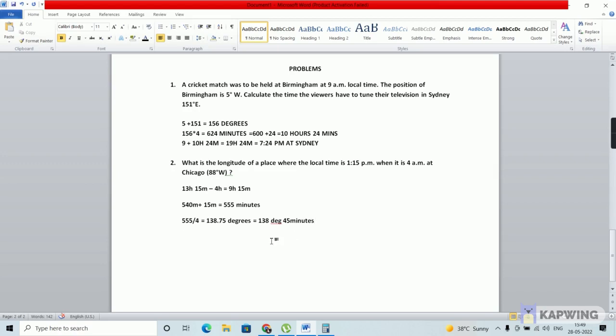So what we have to do now is that we have to subtract this 88 degrees from this 138 degrees and 45 minutes. So if you do that, 138 degrees, 45 minutes, minus 88 degrees. So it is 138 minus 88, which will give us a value of 50. And this 45 minutes will be as it is, right? So it is 50 degrees and 45 minutes towards the east of the prime meridian,